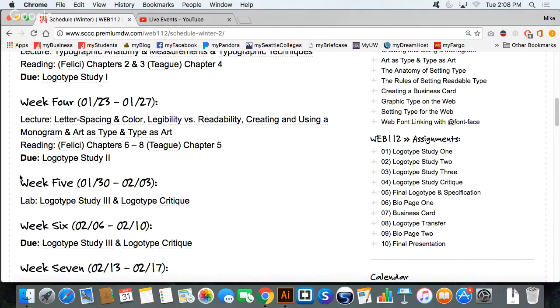But so to turn in logo study type 3 and logo critique, once you come up here and I then mark you in my book,